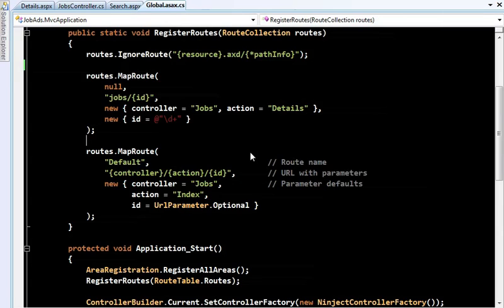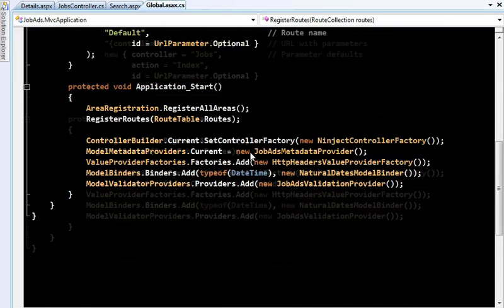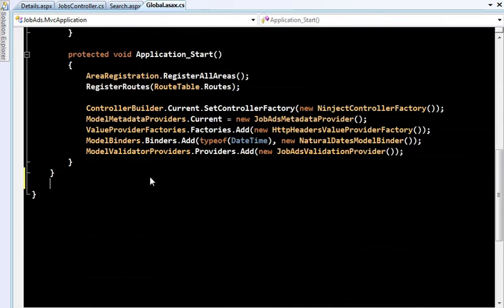The next thing to talk about is custom route handlers. Now when you call routes.MapRoute, by default it sets up a route handler called MvcRouteHandler, which knows how to use your controller factory to invoke a controller action inside ASP.NET MVC. But of course you can bypass all of that by creating your own custom route handler. Here's a very simple example. I'll start by creating a class that implements IRouteHandler.